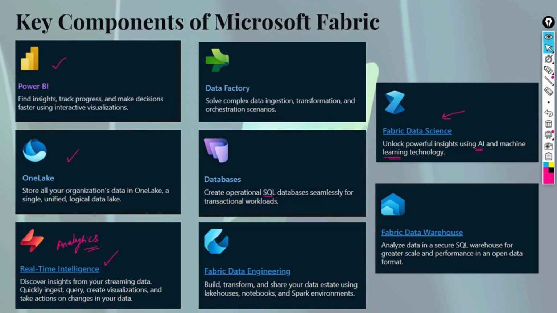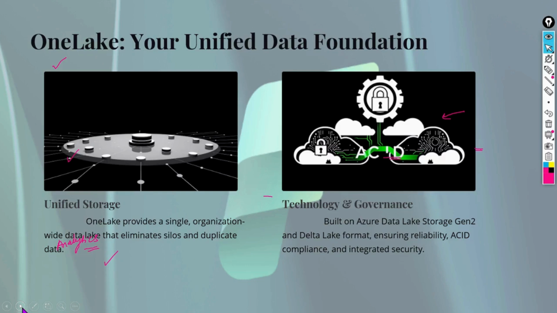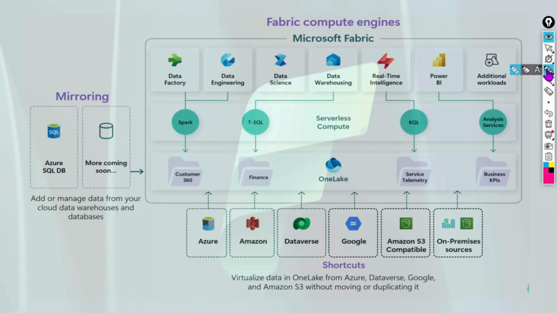Now let us understand how this works behind the scenes. Let's say data has been fetched; the mechanics behind it. When I have a visual here, one map, this is how it works. Let me clarify this first and then we will go back. See this: here you can see that there are different shortcuts.